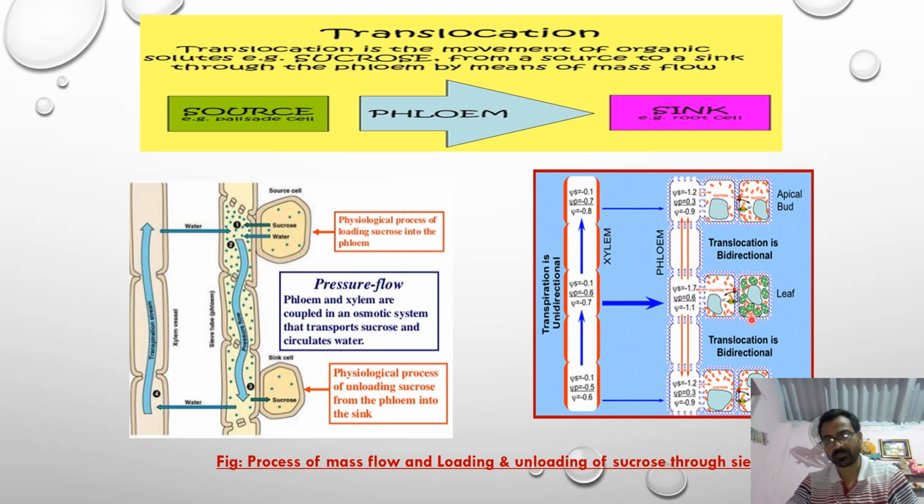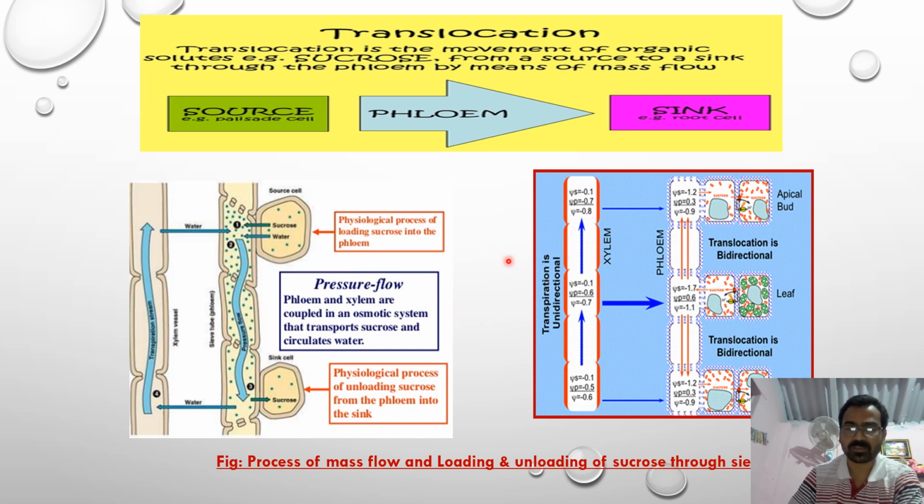You can see this is the leaf area. From there the solution is flowing to the top, up to the apical bud, and it is also flowing toward the root cells. So the flow through the phloem is bidirectional, upward and downward. They follow the rule of source and sink. Wherever there is a lower concentration of sugar, they will flow towards it. So in both of the slides I have explained the process of translocation in plants.